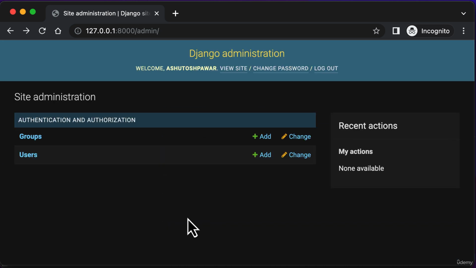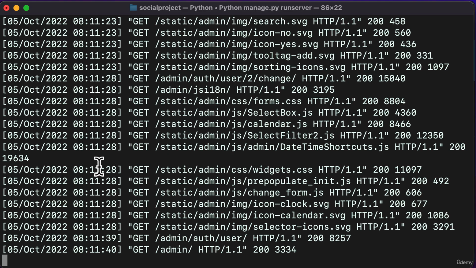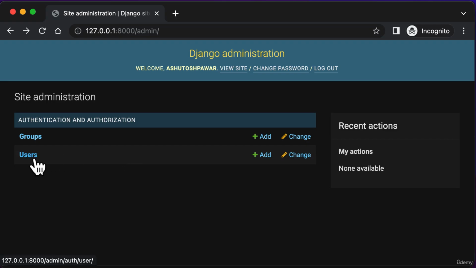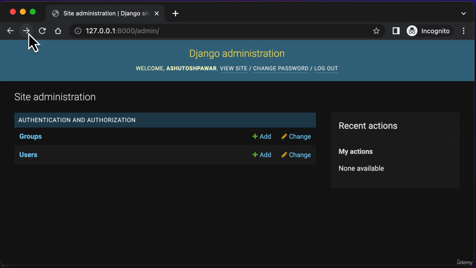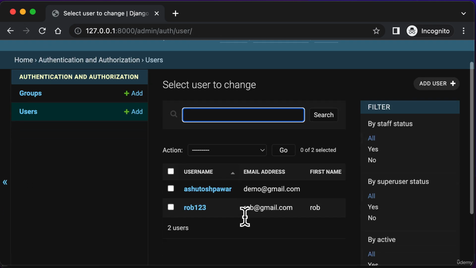So now once we are successfully able to register the user, our next job is to go ahead and extend this particular user model which we have. So this user model is an inbuilt model, and if you have to add a couple more fields to this particular user model, we could do that as well. So let's say if you want to set a profile picture for this user, you could actually extend this particular user model. So in the next lecture, let's learn how to extend the user model by creating another model for